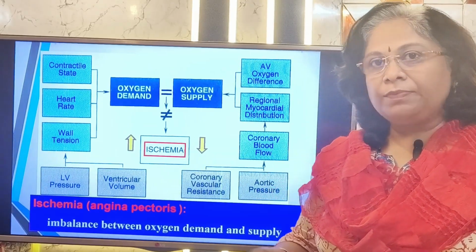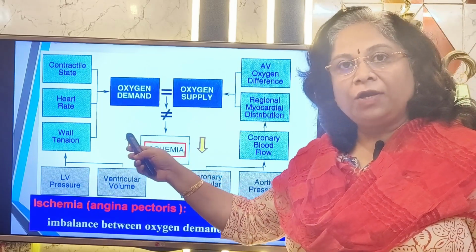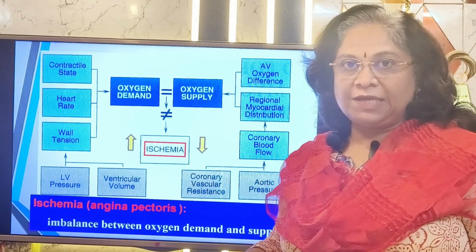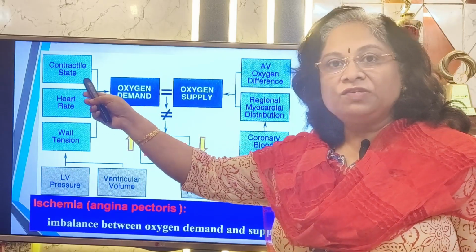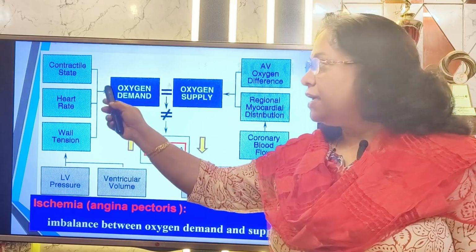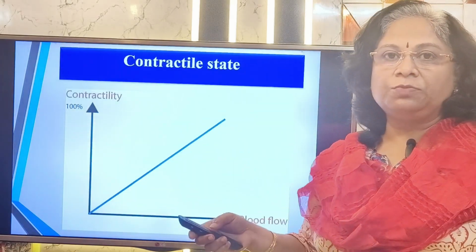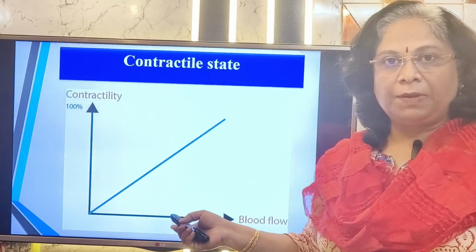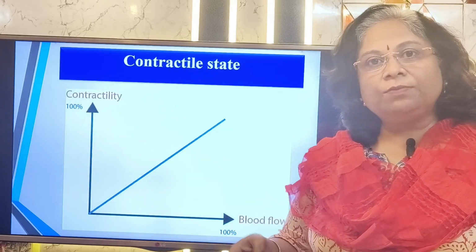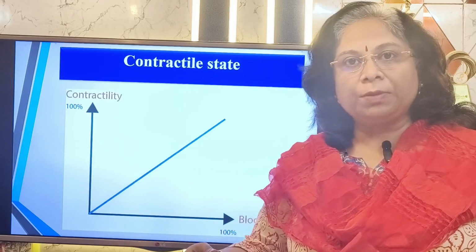Let's start one by one. The first part is how we can reduce the demand of oxygen by the myocardial cell. The first factor responsible for an increase in the oxygen demand by the myocardium is contraction. You can see that there is a direct relation between the contractility and the blood supply. If the contractility of the heart increases, it will demand more blood to be supplied